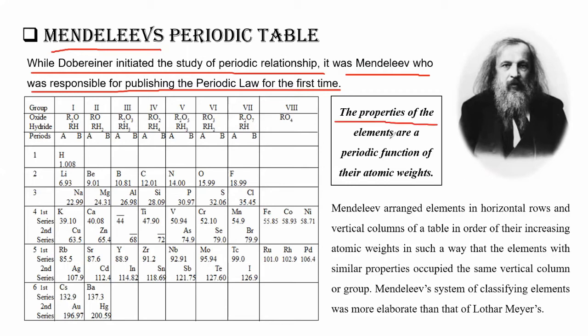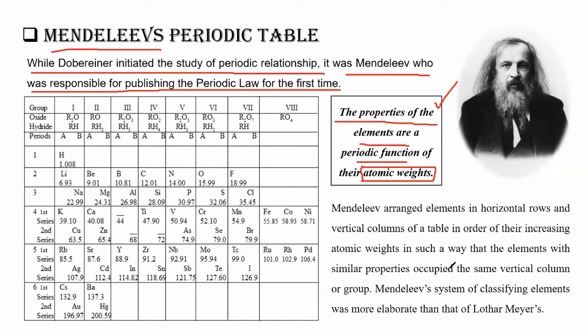The properties of the elements are a periodic function of their atomic weights, right? Here also it is written atomic weights because at that time the concept of mass was not there. So Mendeleev formulated his periodic law. His full name is Dmitry Ivanovich Mendeleev, okay? He formulated the periodic law for the first time, which is: the properties of elements are a periodic